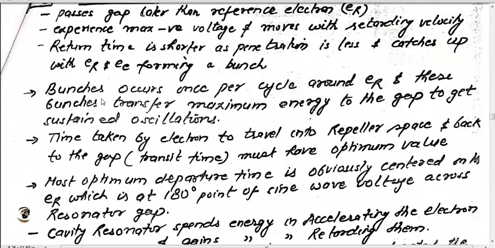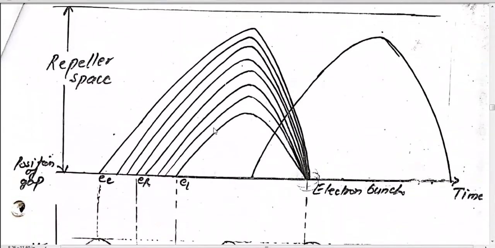Now bunches occur only once per cycle around the reference electron. That was also the case with the two cavity Klystron amplifier, and these bunches transfer maximum energy to the gap to get sustained oscillations. Here in this diagram we see this was the reference electron, this was the early electron, this is the late electron. They are traveling with different speed and they are covering different distance, because the depth of penetration in the repeller space is different for these three electrons, but they are going to